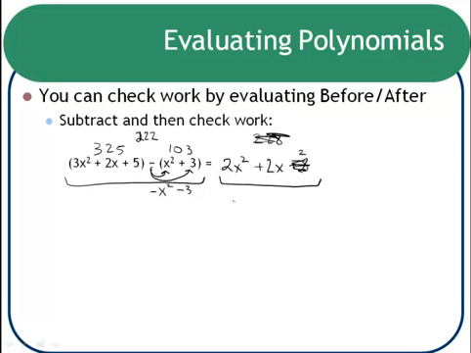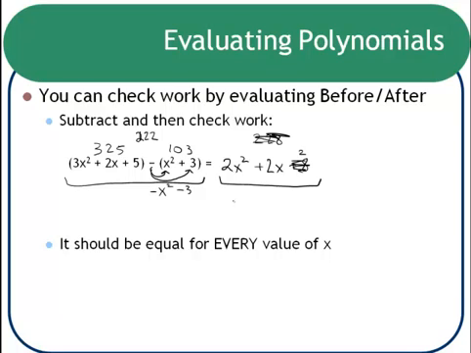Now, if I had tried it with a different number, like 2 or 1 or 0 or some other random number that you might happen to have stored in your x coordinate, no matter what, it should always equal. And so if it doesn't equal, you know you made a mistake somewhere. So it should be equal for every x. Really, the best way to check your work is not to try a single number like this, because it's possible to actually get a false positive where the numbers match but it's not actually equal. That can happen a lot if you try checking your work with the number 0. But it should be equal for every number of x,